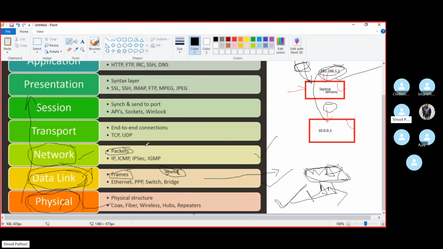Okay, so that's why I'm using a packet whenever we are doing something, because mostly we will do everything in the network layer only. Here each and every device has a dedicated IP address. If I want to go to the internet from my PC, it will analyze the path.